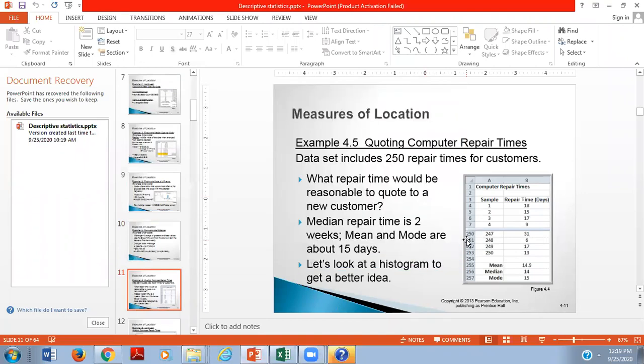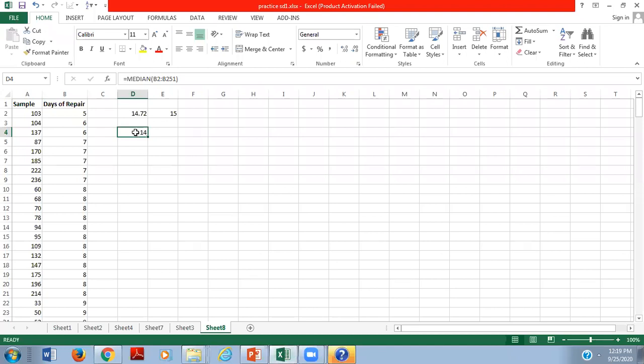It shows that the median repair time is 2 weeks, right? It means that the median value is 2 weeks. Two weeks, in the sense, the same thing that came here. The median is 14 days, right? It shows here the median is 14 days and the mean is 15.